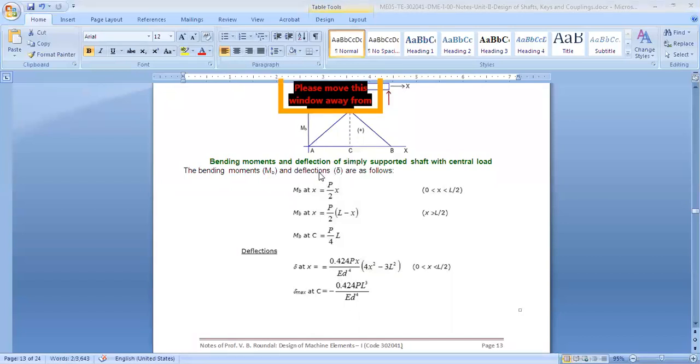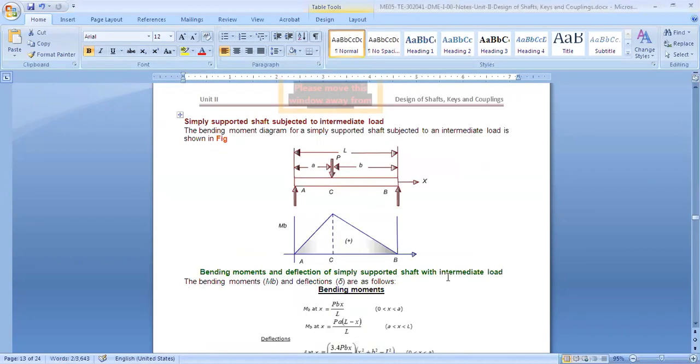If it is given that your shaft is allowed to deflect a maximum of, say, 0.1, 0.5 or 1 mm, then you will use this and we can find out the diameter. Again, if the allowable maximum deflection of the shaft is given as 0.1 or 1 or whatever, then we know delta max, so we can put the delta max. We know the load on the shaft; we will calculate the weight of the shaft and different kinds of load on the shaft, like we did in the previous example. We know the length of the shaft and the Young's modulus, so we can find out the diameter of the shaft. That means we can design the shaft for the deflection.